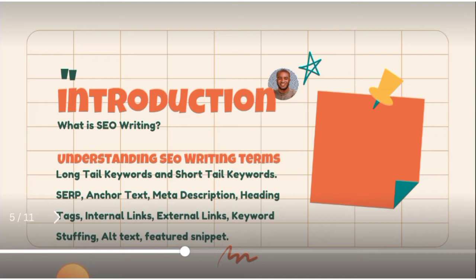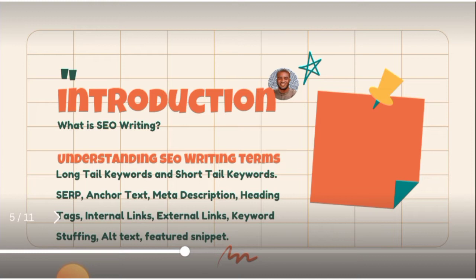Short tail keywords. Short tail keywords sometimes could be referred to as the head term or the head keyword. It's known as short tail keyword because it is generally shorter than the long tail keywords, and it typically contains 1 to 3 words within it and covers a broad topic. In our